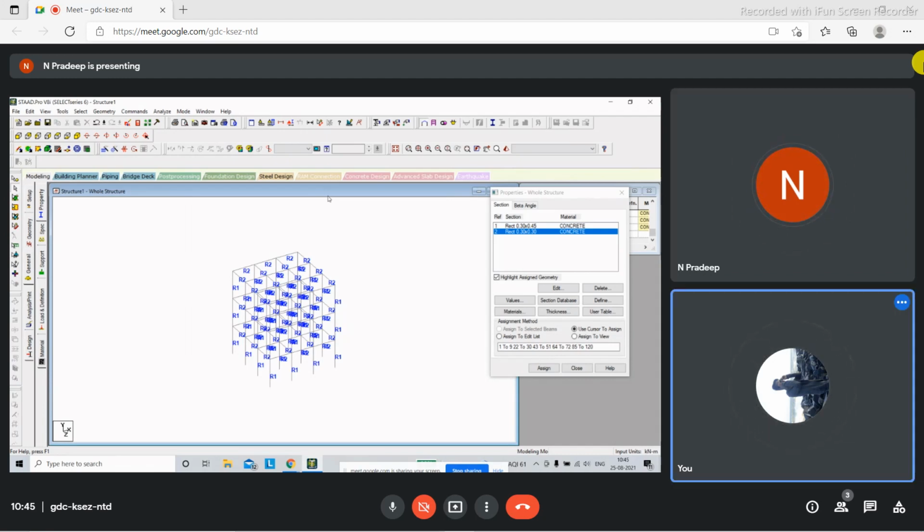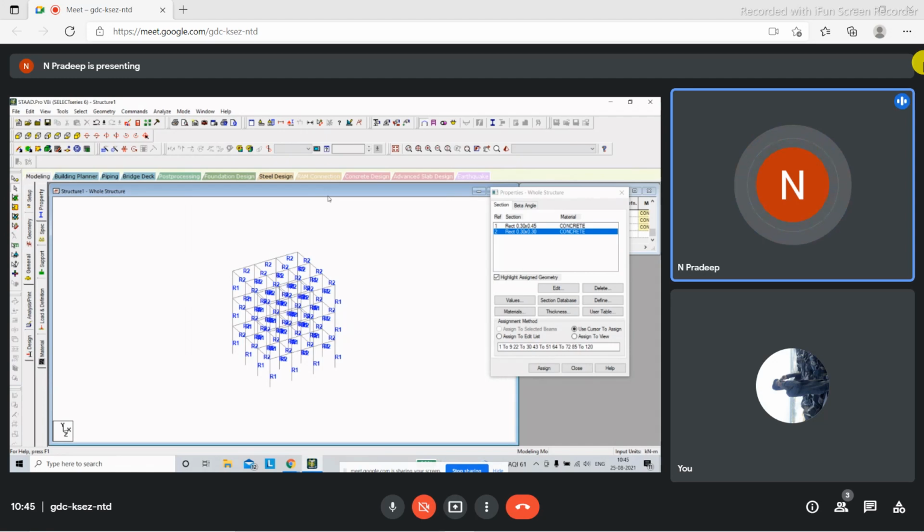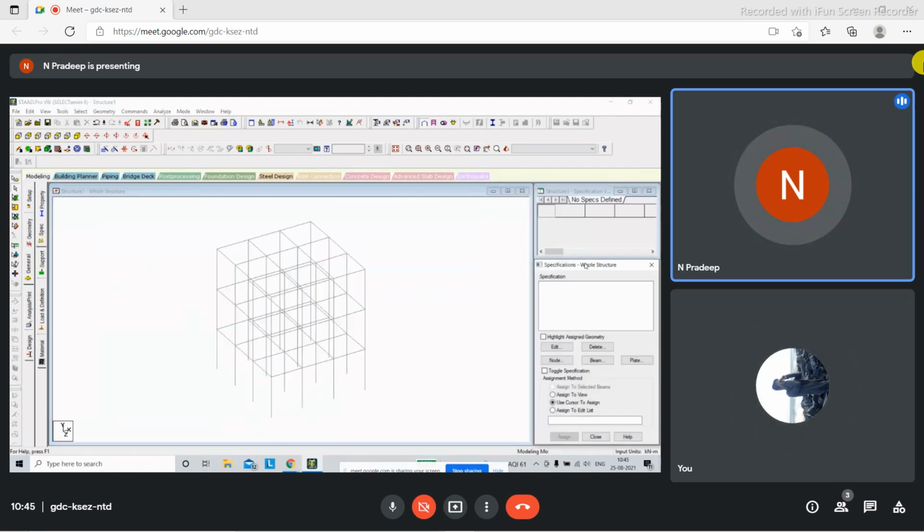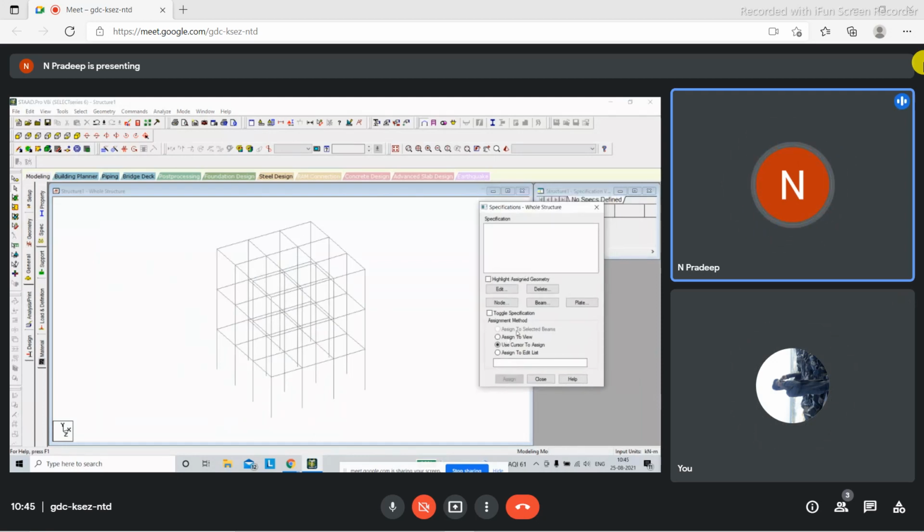Okay. So when you go to support specification, you have the support specification tab here, and you will use it only when it is required. For example, some cantilever beam has to be extended. Sometimes some end conditions need to be updated. For all that purpose, you can go and edit here.